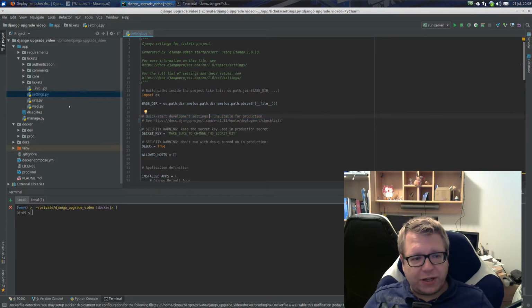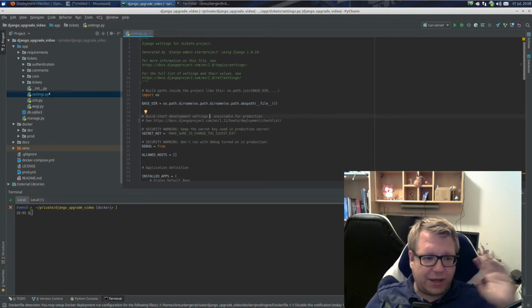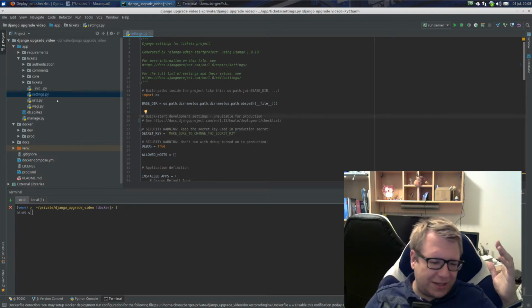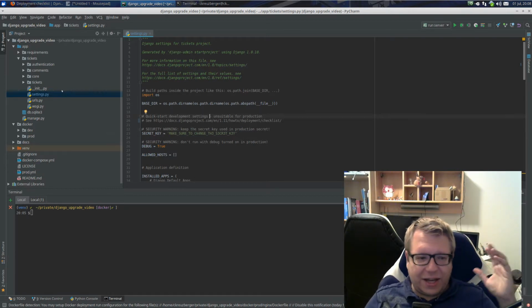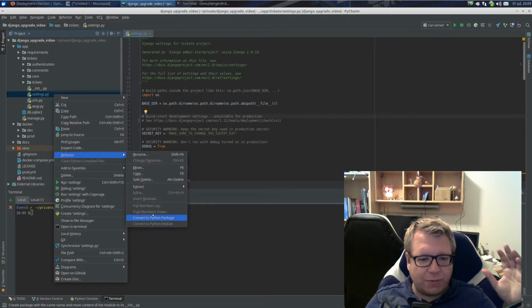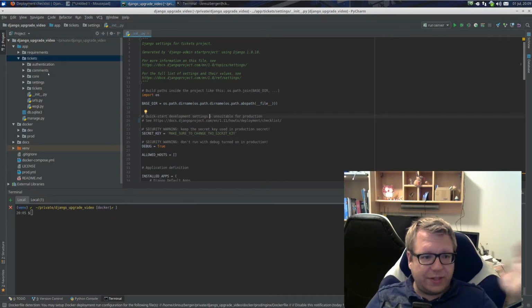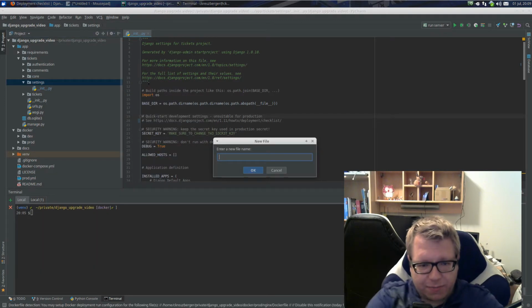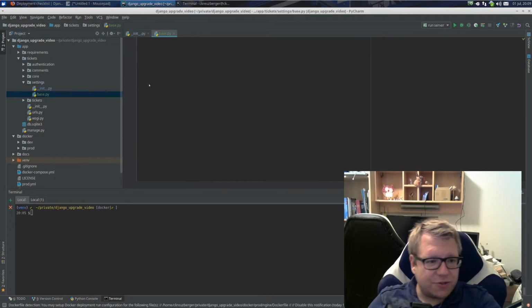There's one thing I like to do before I modify this. Some people swear that you should use environment files. I'm against these environment files because they make stuff that I don't like. I want to write stuff down in Python. So I'm going to convert this settings file into a Python package. Essentially, if you don't have PyCharm, this is a new folder with the __init__.py, and I'm going to create a base.py